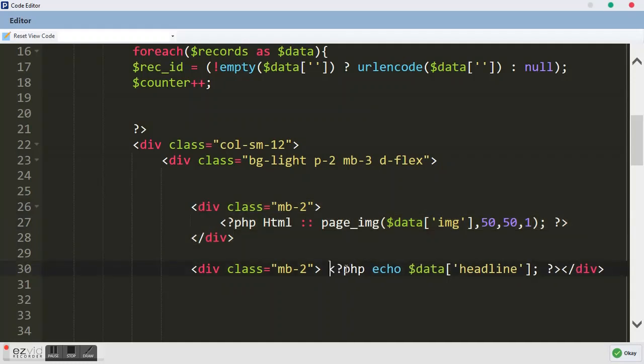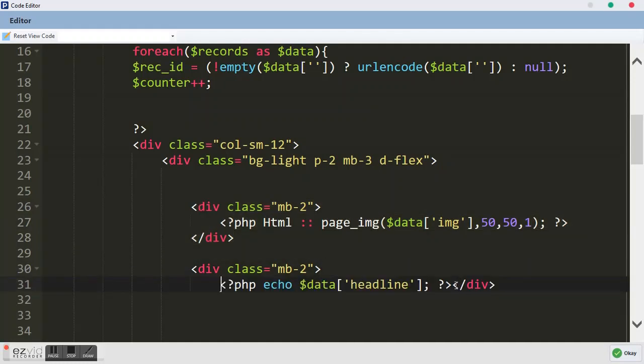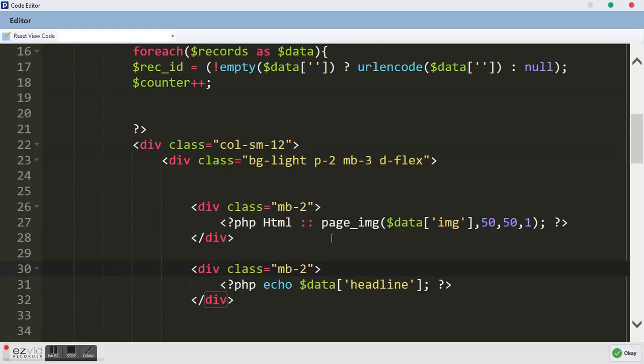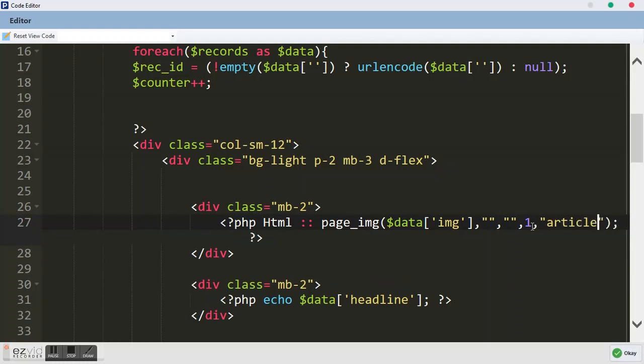So that is the image here, and this guy is the headline, and this guy is the headline. I can tell you that we are almost done, but I want you to just remove this guy and enter this double quote inside. Remove this guy as well, enter the double quote inside, put a comma here. Inside here we want articles/view